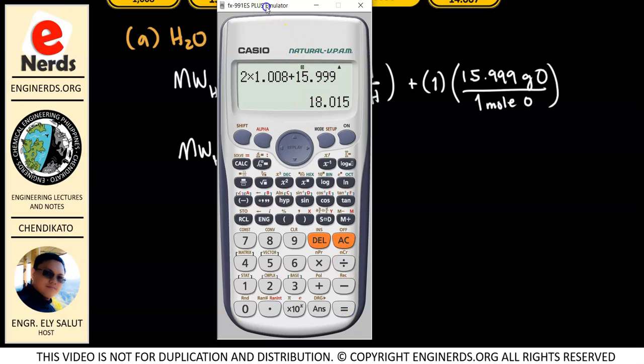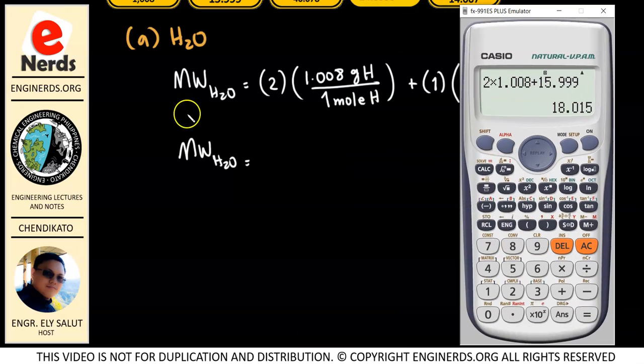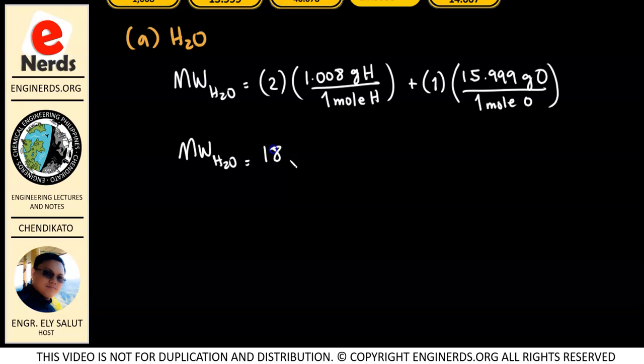This is equal to 18.015. So 18.015 grams of H2O. So as you can see, now this is the weight of water for every 1 mole